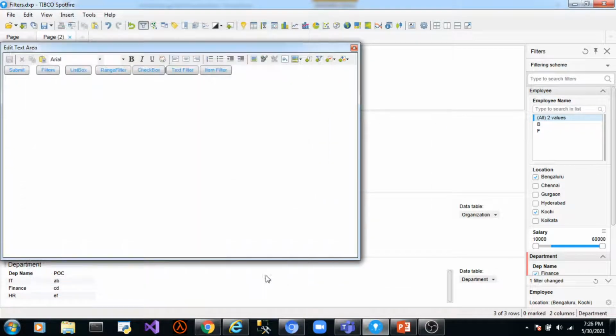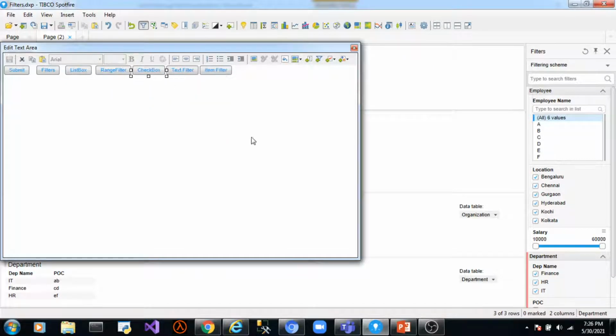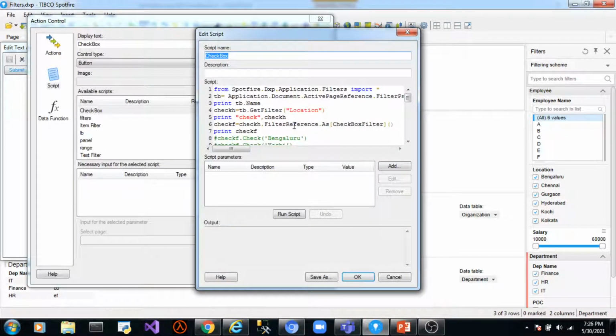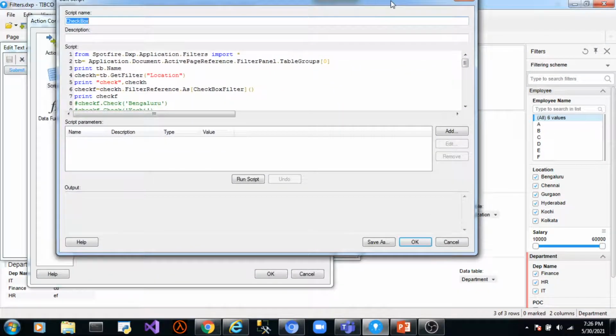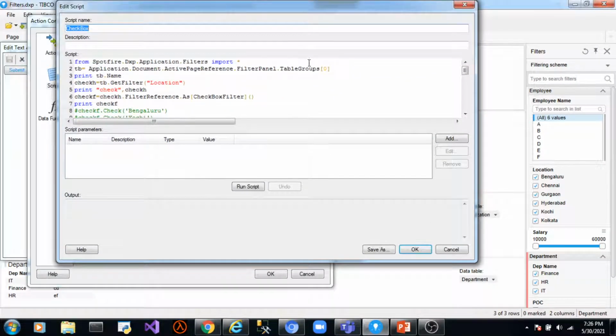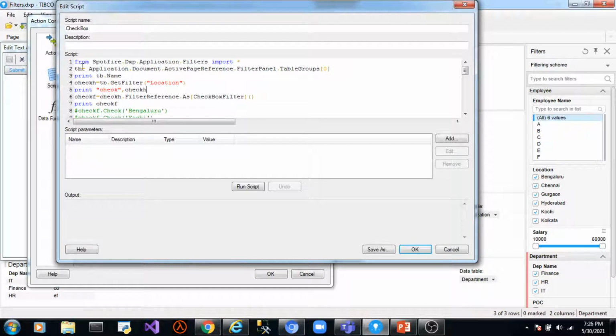Let's do one more exercise. Suppose we wish to check only Kolkata. At present all the values are checked. So we grabbed an instance of the table group employee, because the location filter is a part of this employee table group. Now the instance is saved to the variable tb.